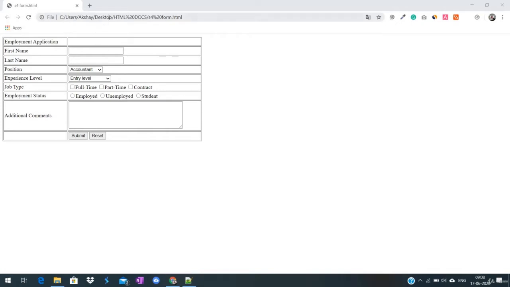The form consists of text fields, select menus, checkboxes, radio buttons, a text area, and the submit and reset buttons. The form inputs and input labels are organized into a table. So let's get started. You need to open the form.html file in the HTML docs folder